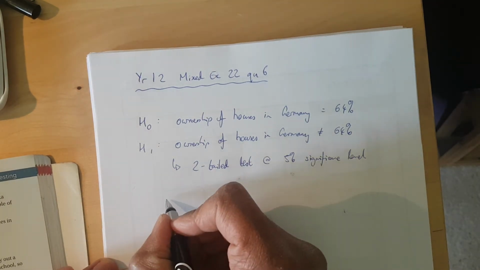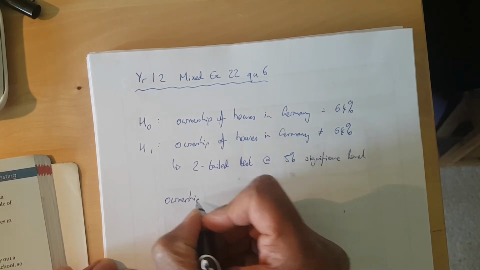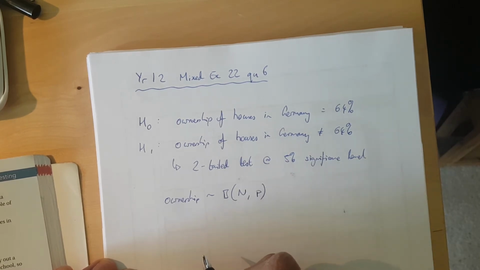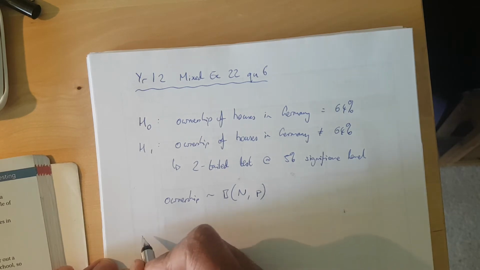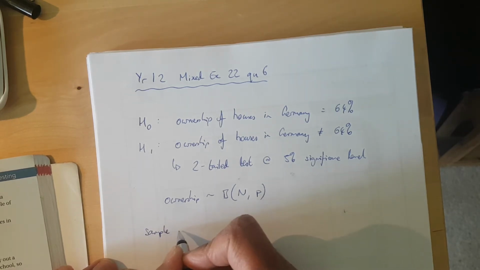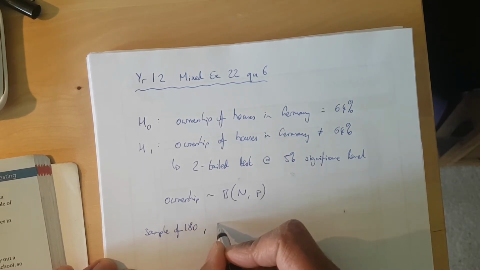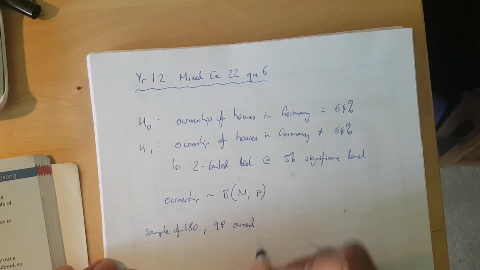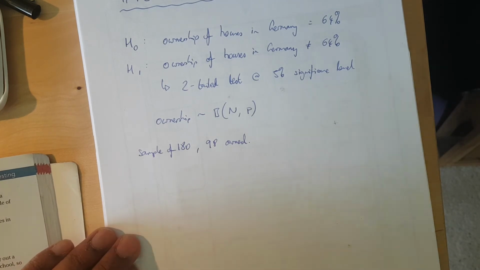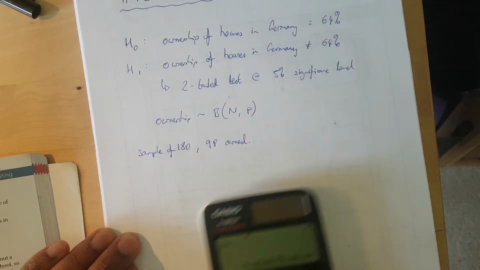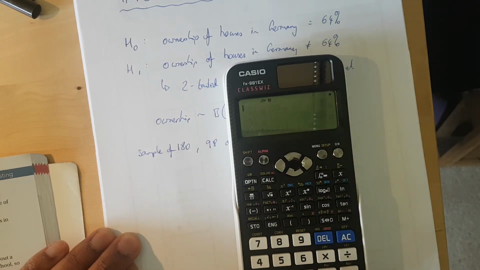Let's make an assumption. Let's assume that ownership follows the binomial distribution with some n and some p. And we're told then that this person has done a sample of 180 families and found 98 owned houses. Let's see what happens when you put that into our formulae for binomial distributions. Well, I think a good first thing to do is to say what is 64% of that 180. If it was bang on 64, so 0.64 times that 180 is